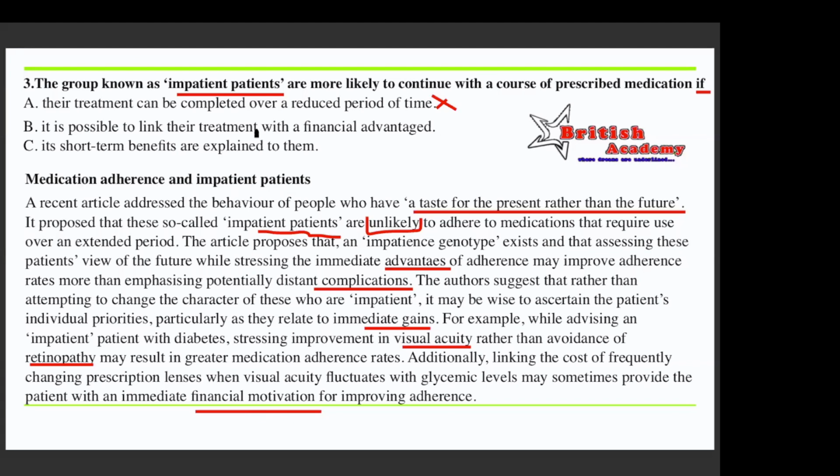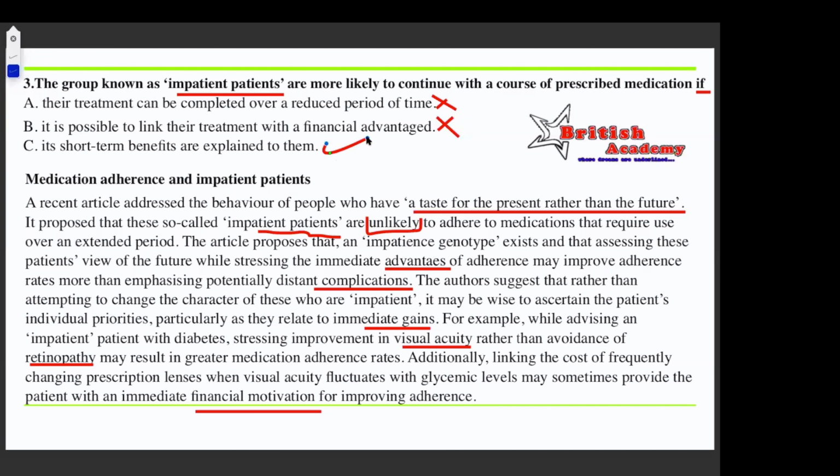It is possible to link that treatment with a financial advantage, which means a financial benefit. So as I explained earlier, many people get confused with this word, and this is a trick which OET puts in all the reading. They change words, and many people fail to understand these words. Motivation doesn't link with advantage, it doesn't link with benefits. So this is not a right option. What we can understand from the entire text is, if we explain the short-term benefits to them,